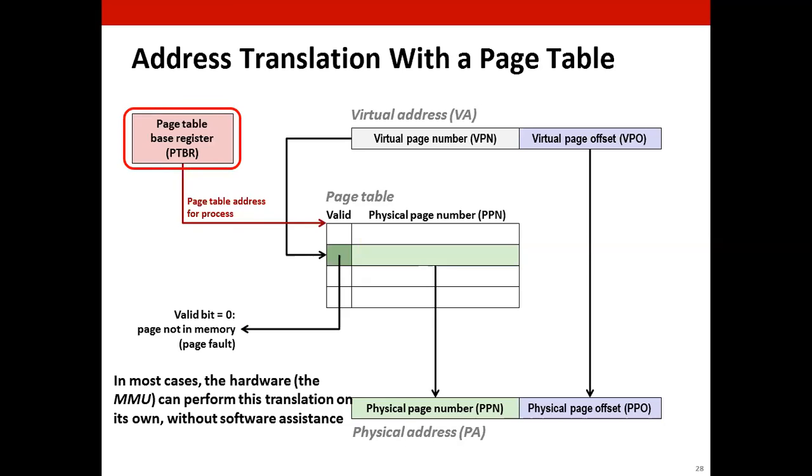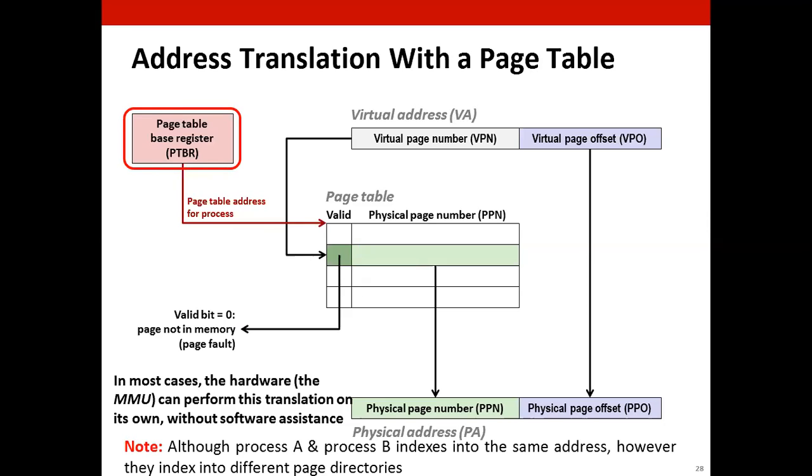which is a special register whose value is changed by the operating system during a context switch to another process. Therefore, although the indexes are equal for process A and process B, they index into different page directories. So now we have linked everything together, and we can move on to understand what we mean by